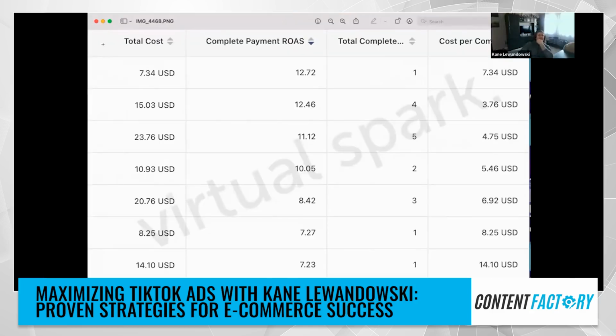Okay, here we go. So the total cost is on the lower side. We were trying to basically test out different methods, so I was actually very shocked to see these numbers. I mean, 12 ROAS is just crazy, no matter what platform you're on. We were testing ideas, screwing around with different creatives and everything. But I sent this to you to show that, hey, there is potential to hit crazy high ROAS. If everything is done correctly, you can get people to make impulse purchases right off the bat.